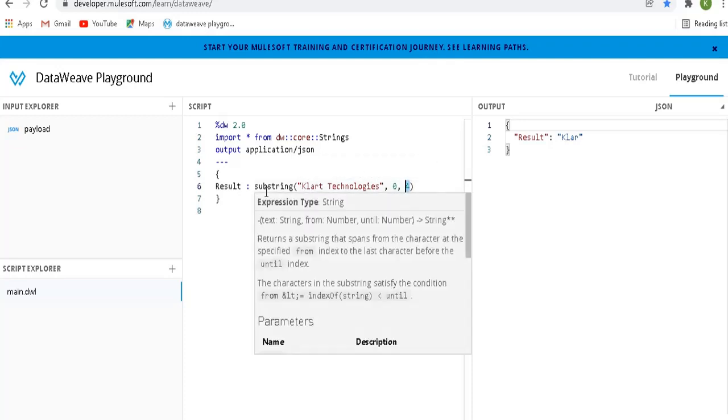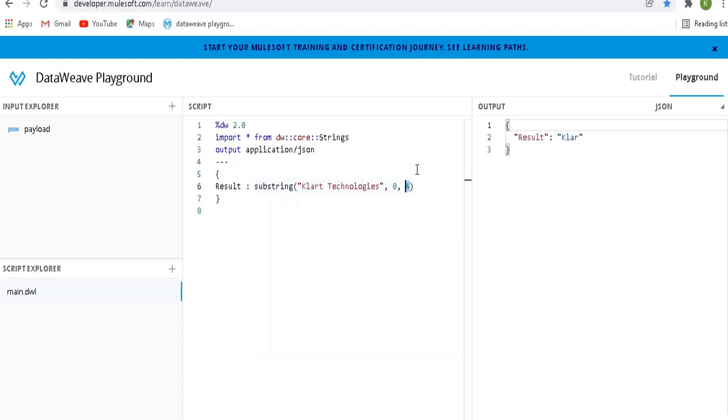Your function is substring. So from 0 to 4 letters, I would like to display the output. First letter is 0, 1, 2, 3, 4. So 4 letters. This is the number of letters you want to get, and this is the starting array index.